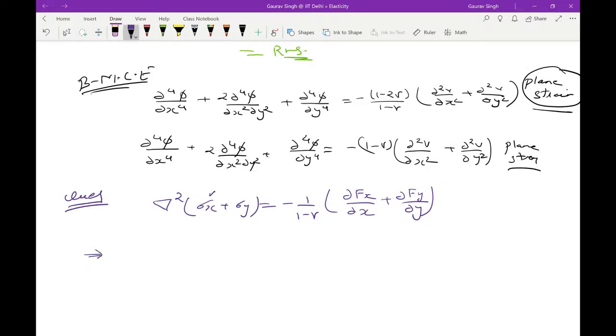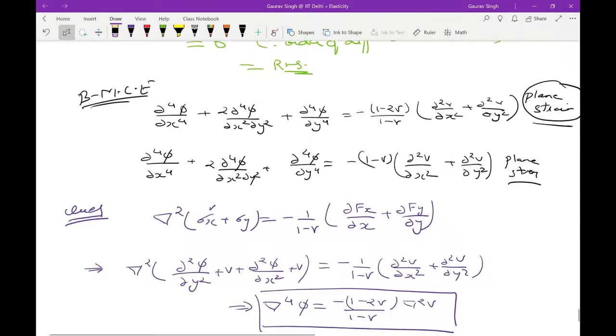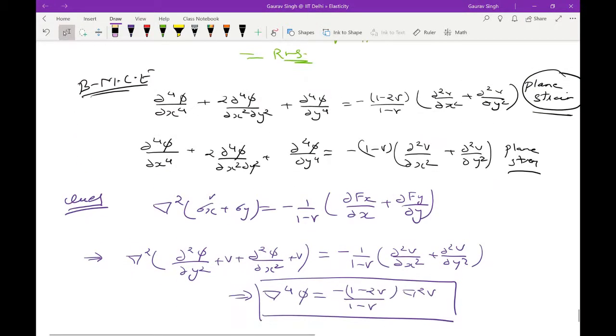So this should give you, and you should check this, that this is the same equation as this one,